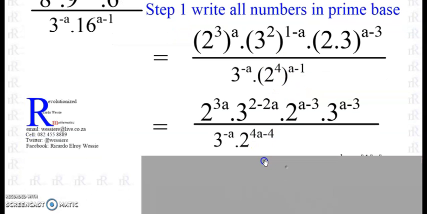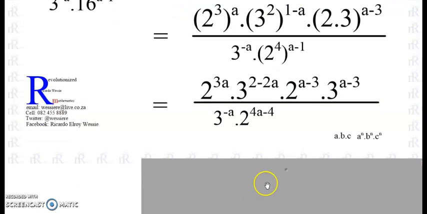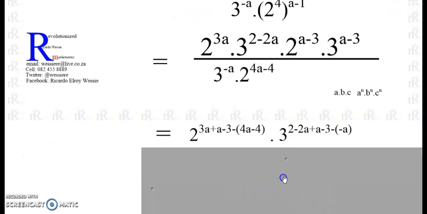So then we move further, and now we're going to write it in a straight line. So 2 to the power of 3a, there's the next 2, plus a minus 3. But now there's division at the bottom, so I'm going to subtract 4a minus 4. And notice that I'm writing it in brackets. Because when I multiply the negative, this one becomes negative, but that one will become positive. Next step